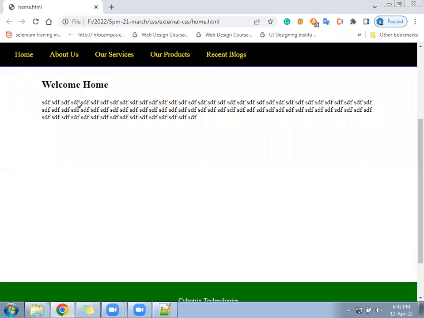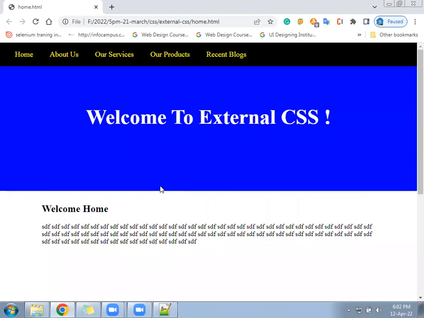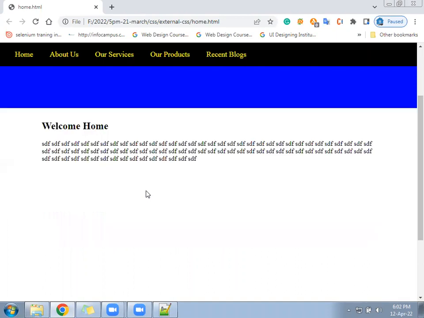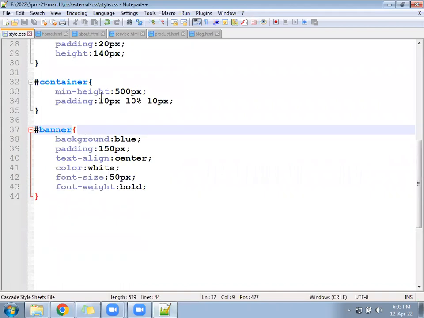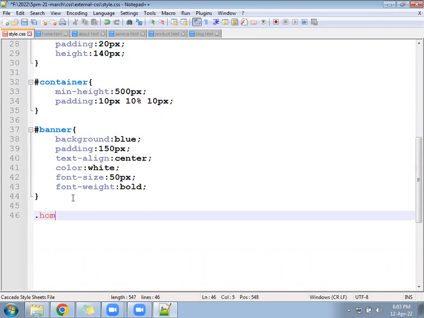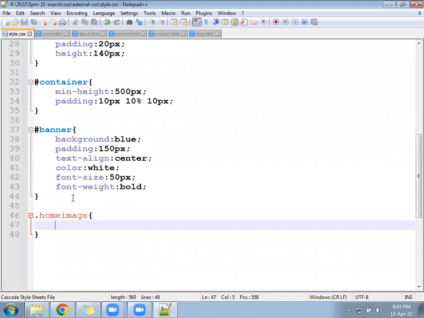Now below home we have, here we can display 4 photos in one line. We can write a class and we can display the 4 photos in one line. Then it will look like the home page. Go next. First write a CSS for the image called home image. Write a class called home image.